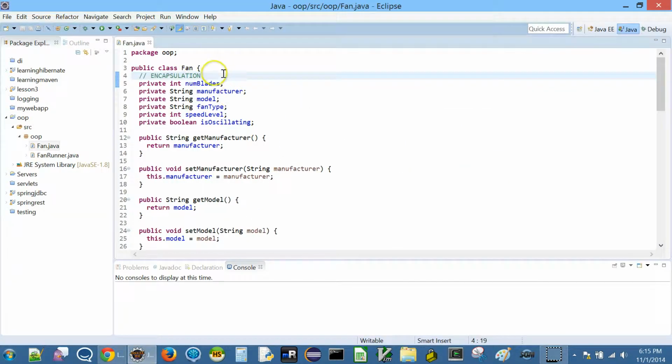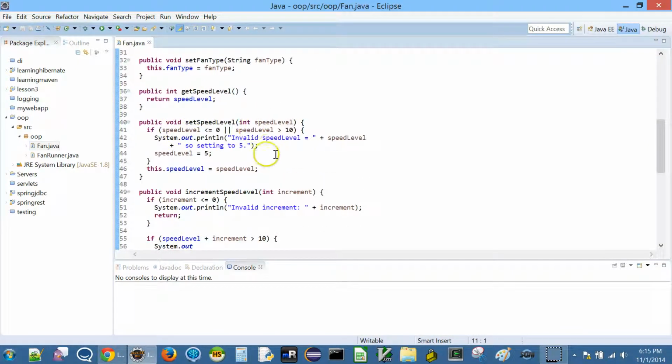So here we have our fan class again, and we looked at encapsulation in the last class. Basically, our understanding of encapsulation for now is that you make all your instance variables, or the fields, private variables, and then you provide public setter and getter methods to modify them, right? We were looking at speed level and doing consistency checks, and we saw all this in lesson 5. So we set speed level, and in this case we would be rejecting invalid speed levels,